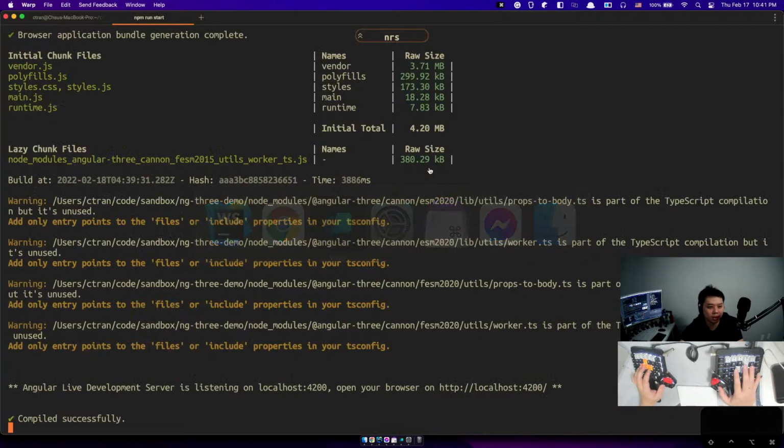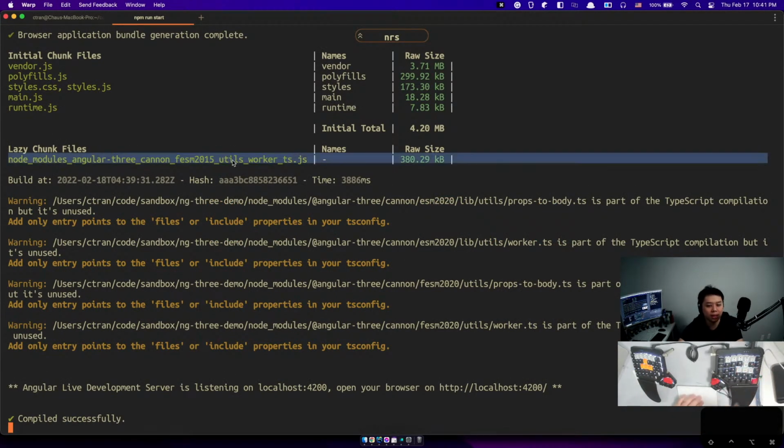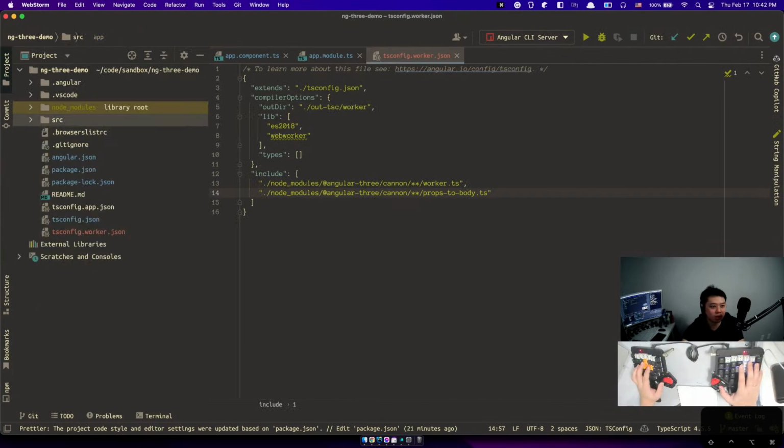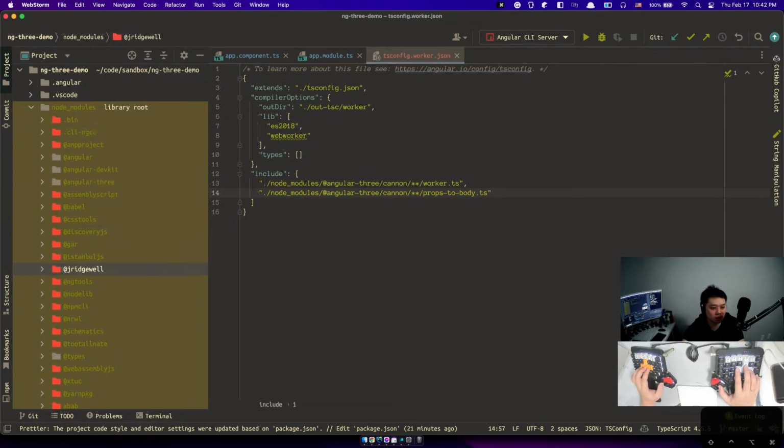I'm confused. I say props to body is a part of TypeScript compilation, but it's unused. So if I go to node modules and I go to Angular 3 Cannon,